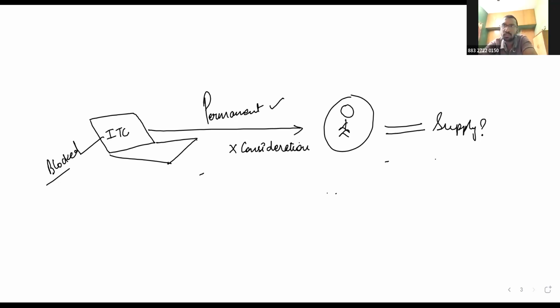No, ma'am, no supply. So basically, you have to claim ITC. Correct. You have to claim ITC. If ITC is blocked, not available, or cancelled, we will not allow you the credit. In any case, if no ITC has been taken, even if it is a permanent transfer of the same asset, it is not a supply. Understanding that ITC should be availed. If blocked, cancelled or not available, whatever the case is, no.